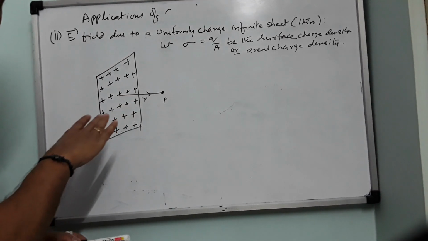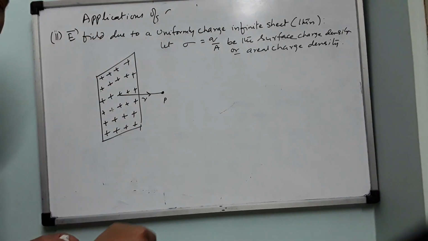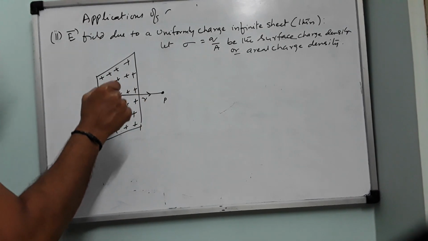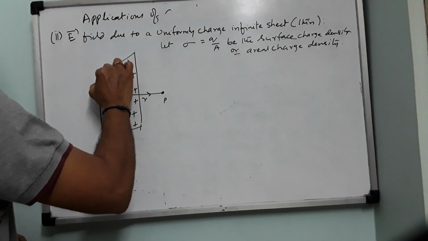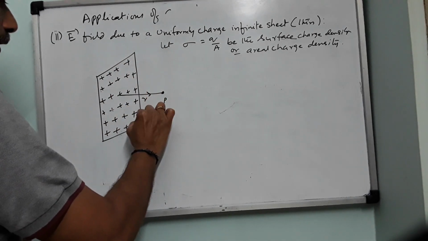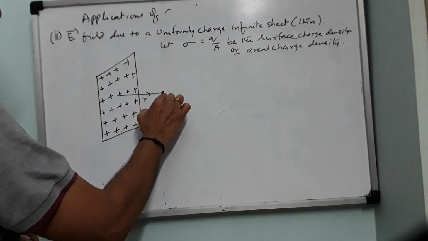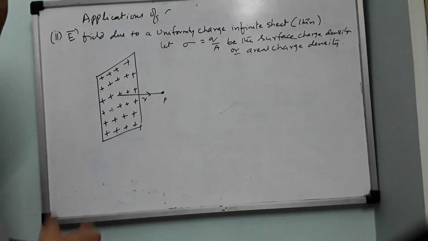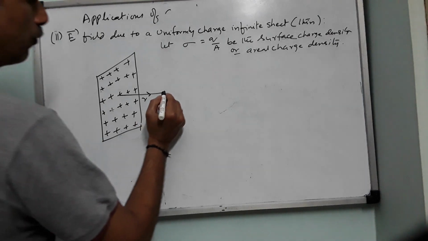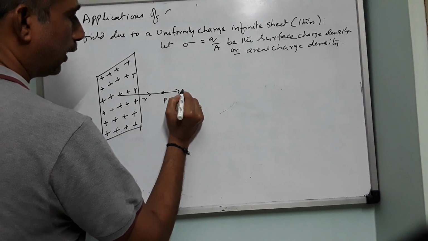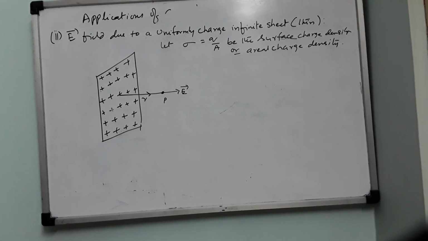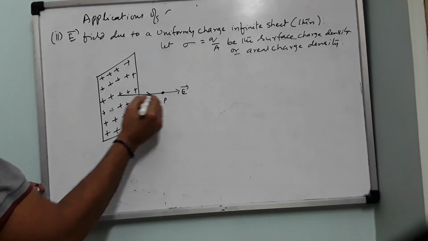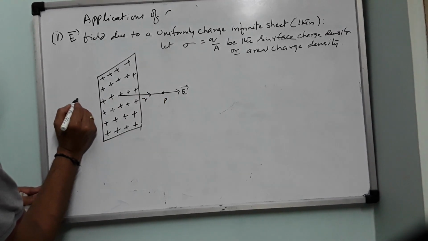We have seen at the beginning with the line of charge, if you consider a small element above and below, a small element here and a small element here, both of them produce electric field here. Their sine components will cancel, only cosine components will add up. So therefore, the electric field will be pointing in this direction. This electric field is radially outwards. If I consider another point here at equal distance,